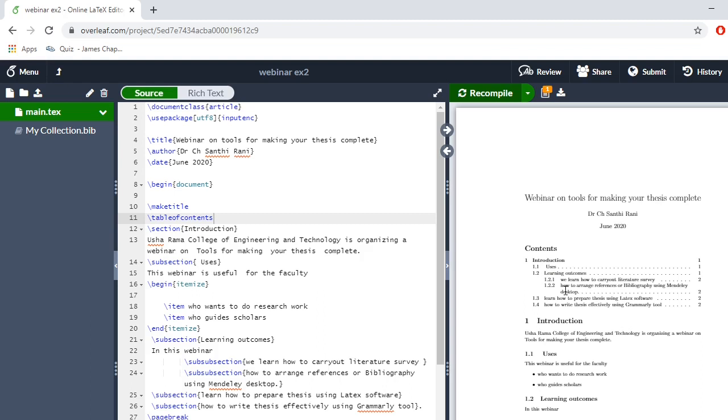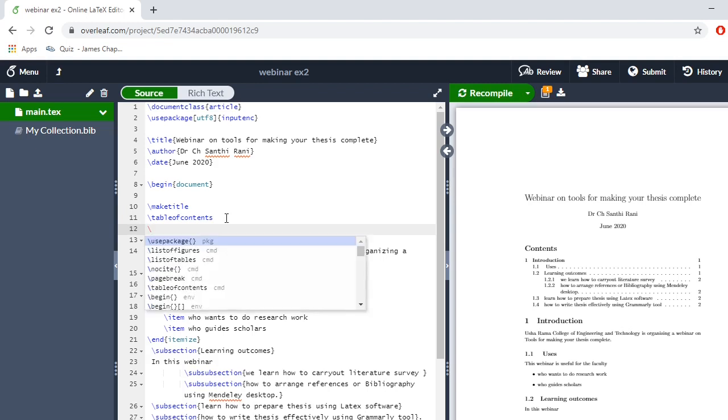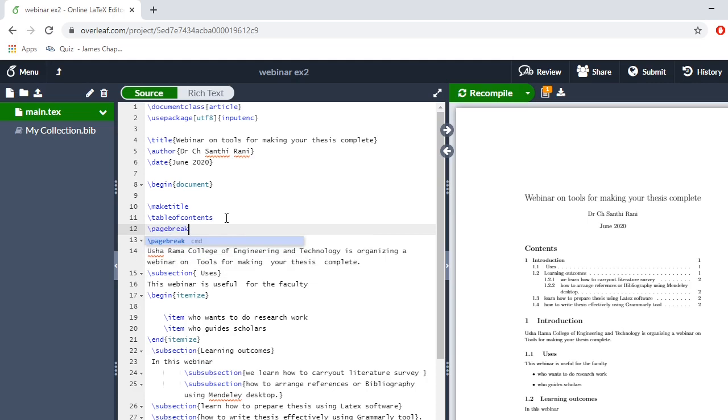In general we have contents separately and our thesis starts from the next page. Therefore after this, let us have a page break, right? Page break is a command, so let us write it. And now you compile.